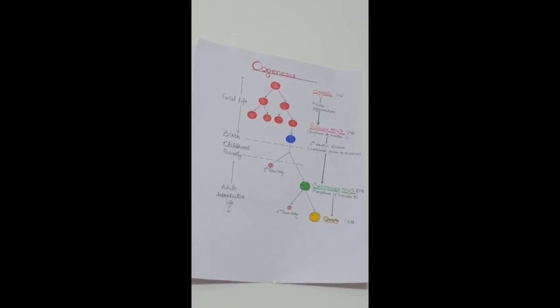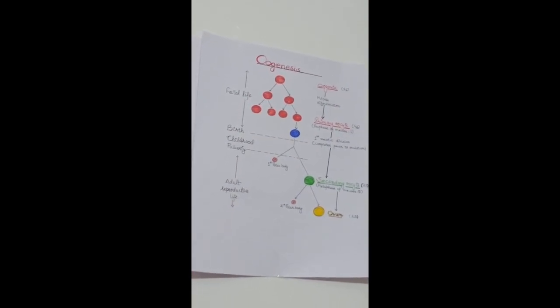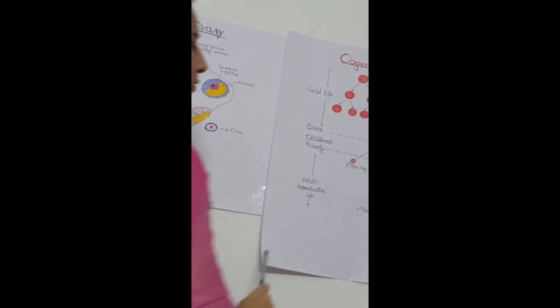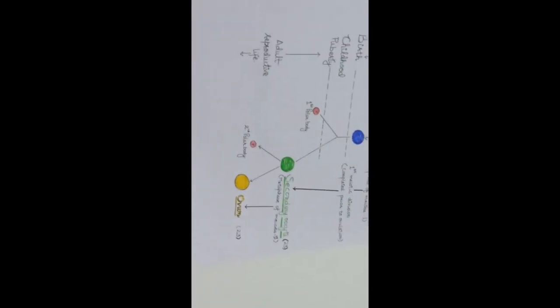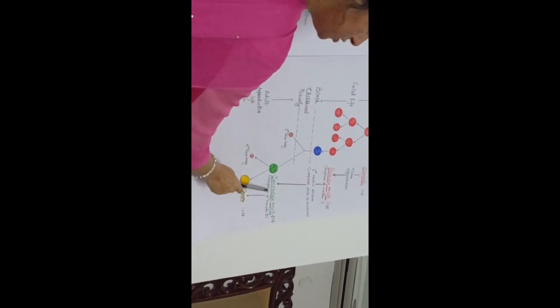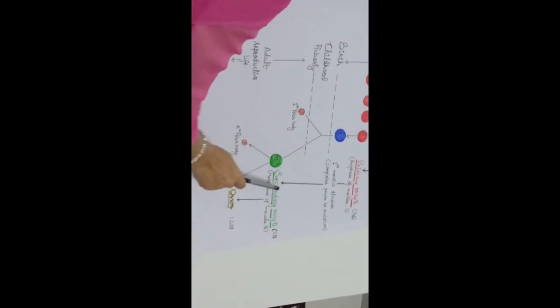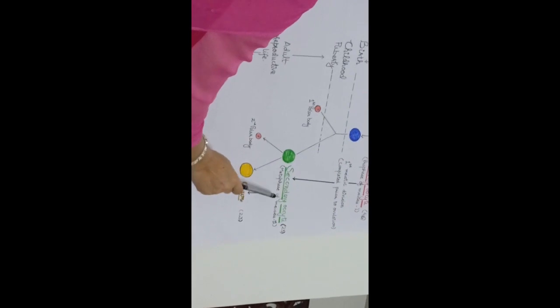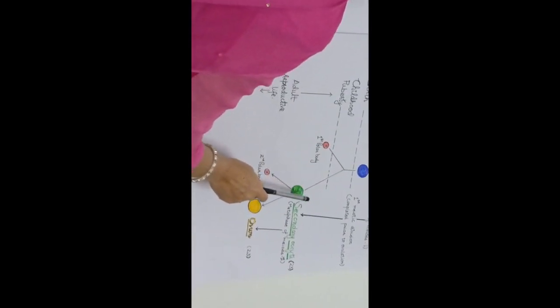This is the secondary oocyte which is released during the process of ovulation. It is also known as the ovum. The secondary oocyte is the structure in which the second meiotic division will proceed. The second meiotic division starts, but it also gets arrested at metaphase of meiosis 2. Now the suspended second meiotic division of the secondary oocyte is completed just prior to the process of fertilization.